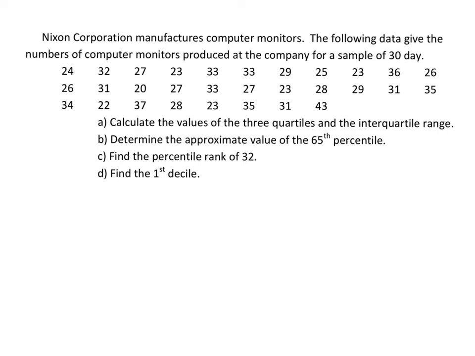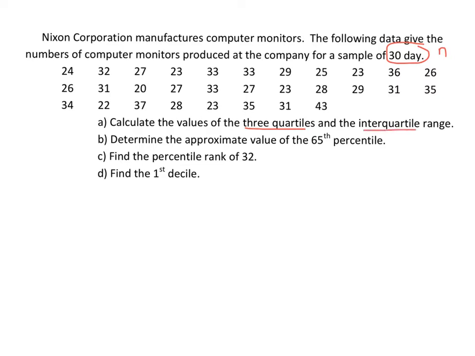Nixon Corporation manufactures computer monitors. The following data gives the numbers of computer monitors produced at the company for a sample of 30 days. So here they're telling you the n is going to be 30. Here you need to calculate the three quartiles: lower quartile, the median, which is the second quartile, and the upper